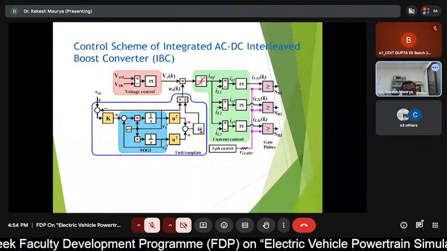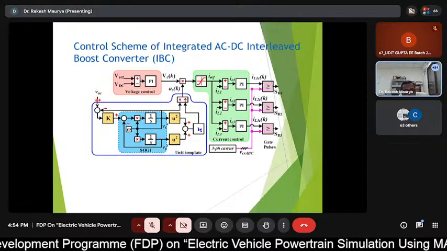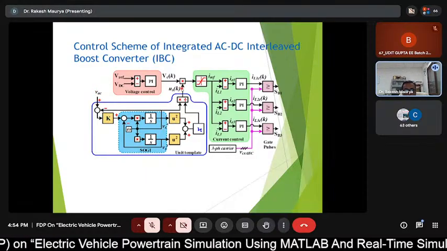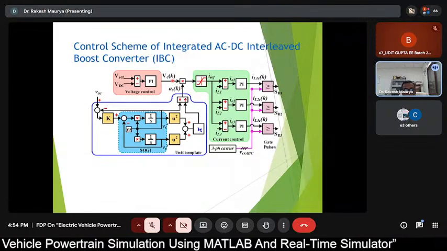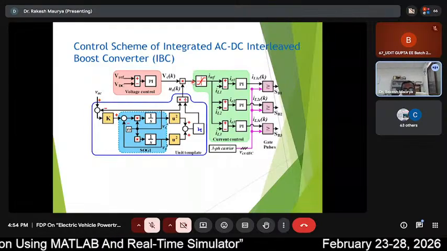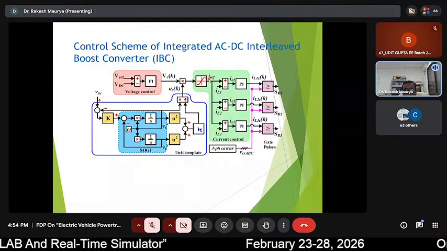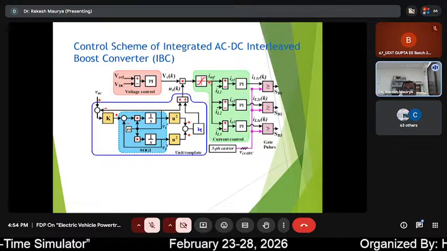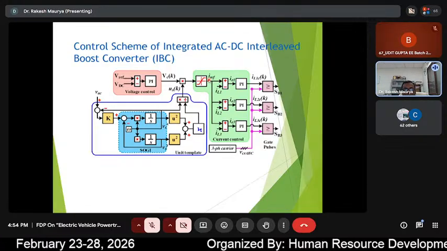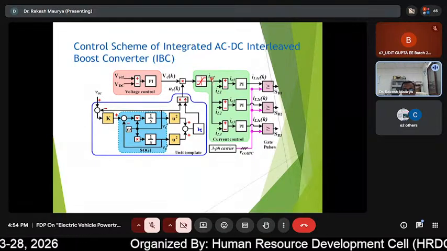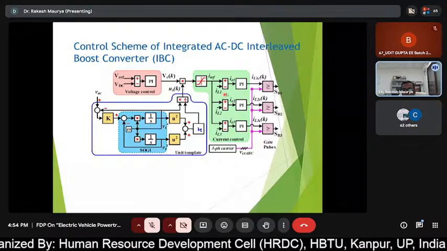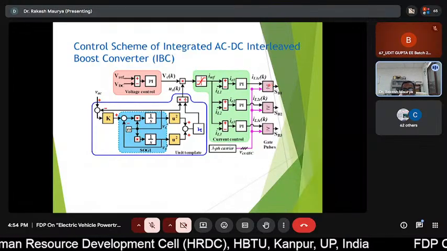This is the unit template generation, because the AC supply you are sensing, you have to make the unit template and it is to be multiplied with the output of the PI controller to get the current reference. Now this current reference is the sine wave which your load current, your motor current, is expected to follow. So each individual winding current is now compared,